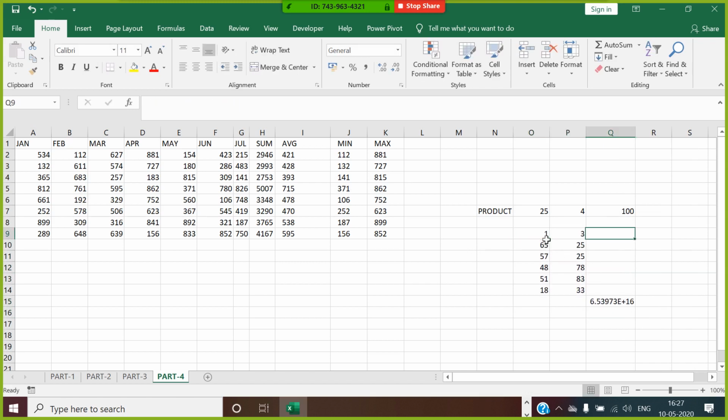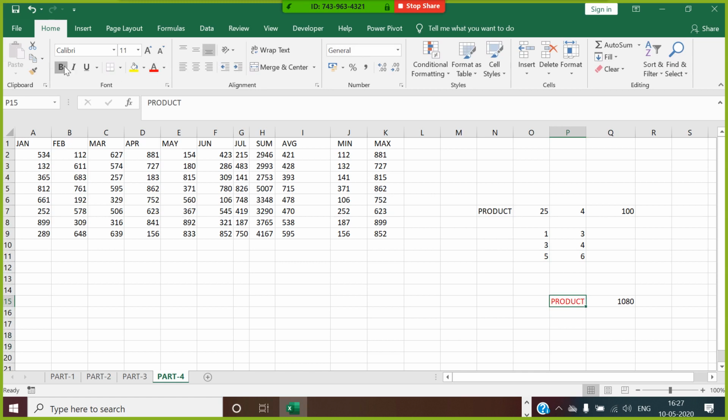Had it been given 1 and 2, 3 and 4, 5 and 6, so imagine you are given this. Now tell me how this product is coming. 1 into 3 is 3, 3 into 3 is 9, 9 into 4 is 36, 36 into 5 is 180. How much is coming, guys? 180. 180 into 6 is going to come as 1080. This is the product. Product means it is going to multiply everything.